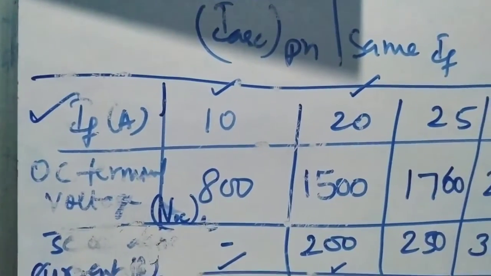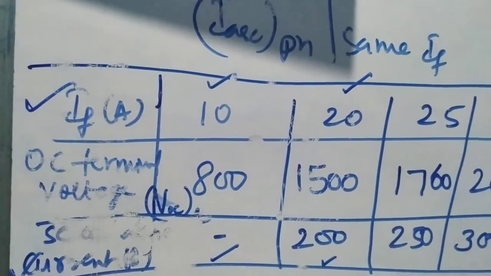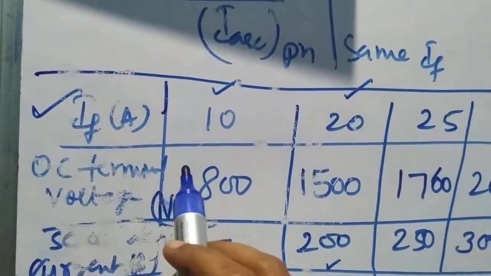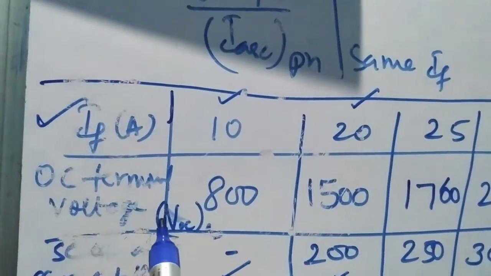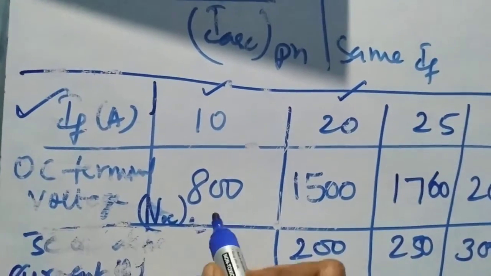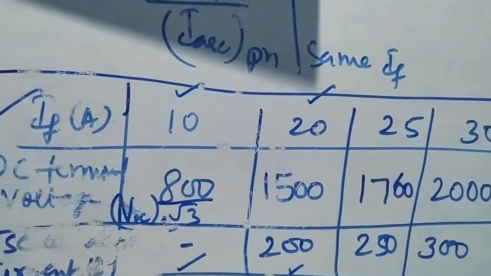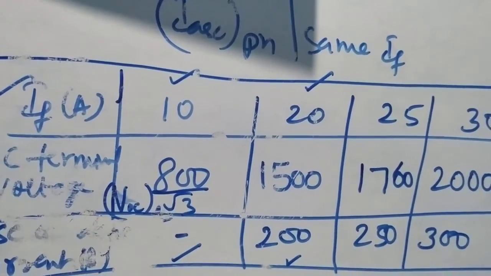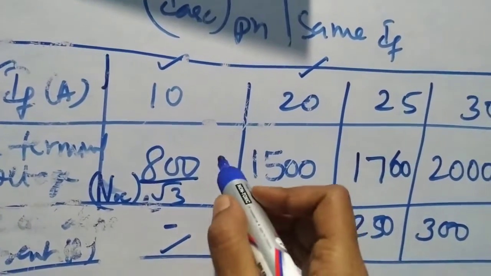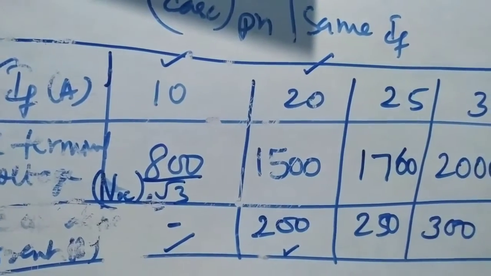To plot this, we have to check whether the given data is phase voltage or not, because if they have not mentioned anything, it will be in terms of the line voltage. So we need to convert this into phase voltage by dividing all these values by √3 so that you can get the VOC phase. So let me solve all this by dividing the values by √3.